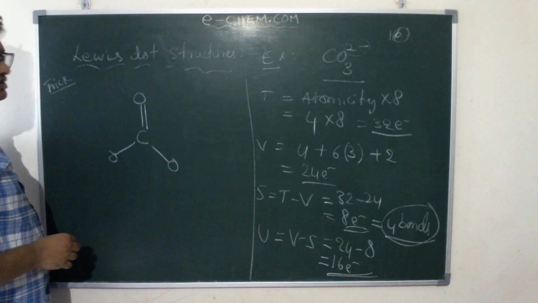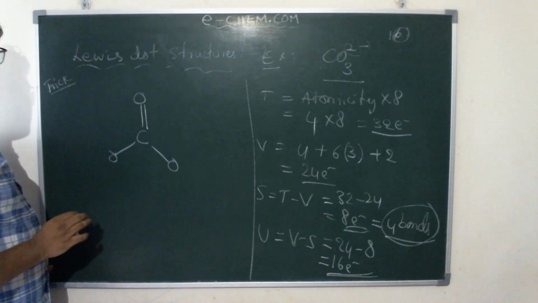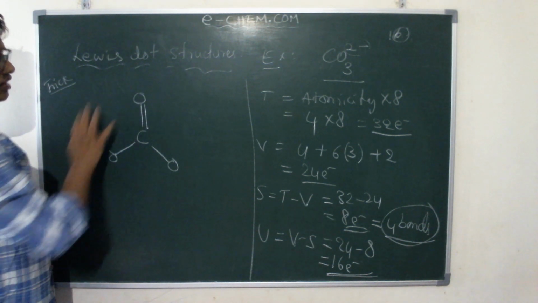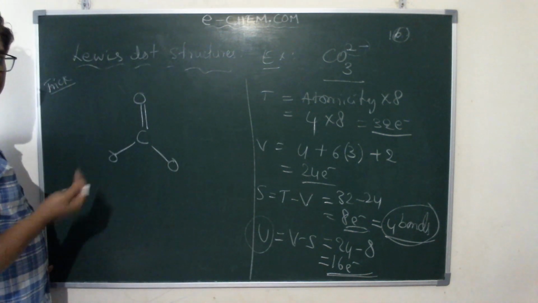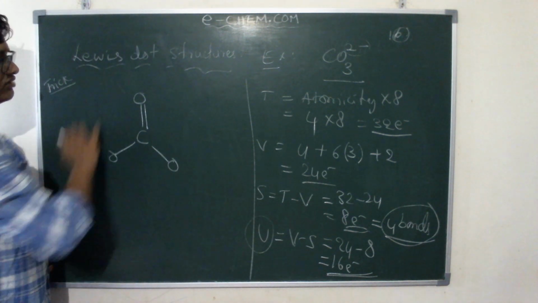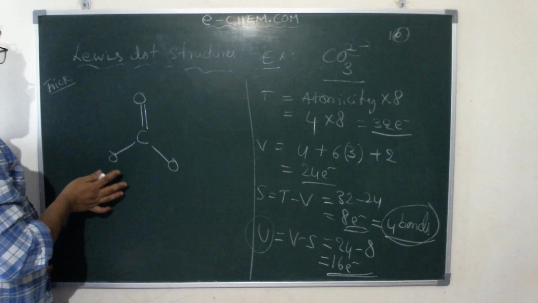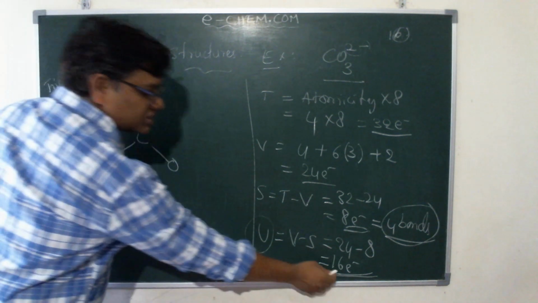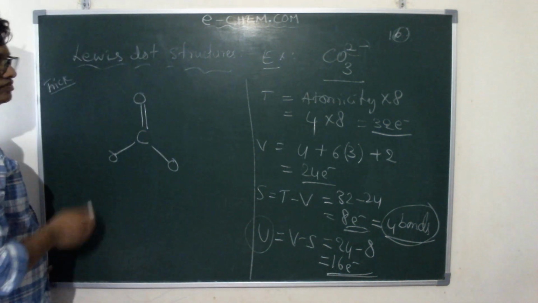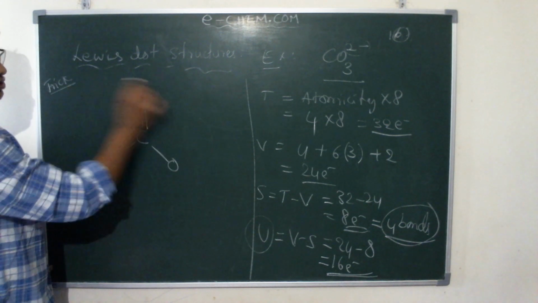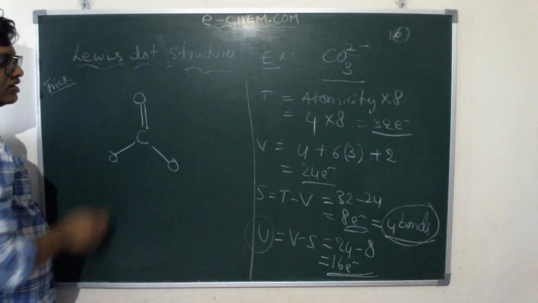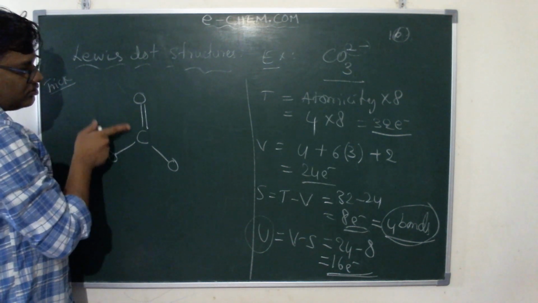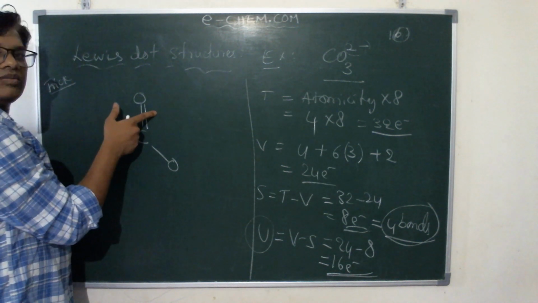You have to keep. Now this is the skeleton I have. Now, the unshared pairs of electrons you need to take in your hand and distribute accordingly to satisfy the octet. Now 16 electrons you have in your hand. Those 16 electrons we need to distribute as non-bonding electrons. Clear? Here this oxygen is bonded to the carbon with 2 bonds.